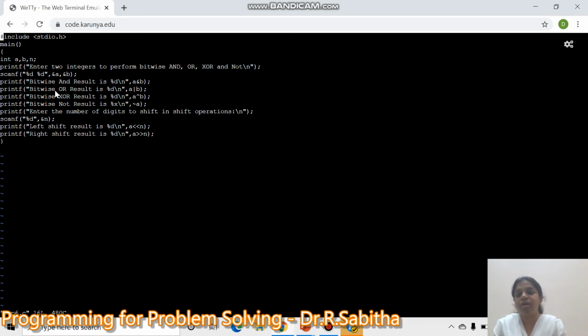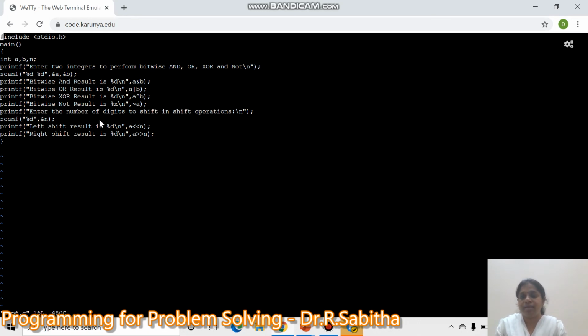For printing the OR you will use a | b. For printing XOR you will use a ^ b. I have various printf statements which will print these. To print the negation you will use the tilde symbol followed by a. You can find this tilde symbol on your keyboard, below your escape key.